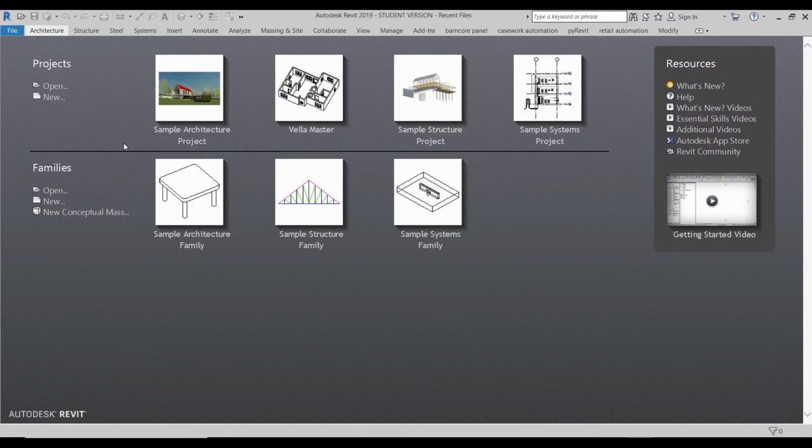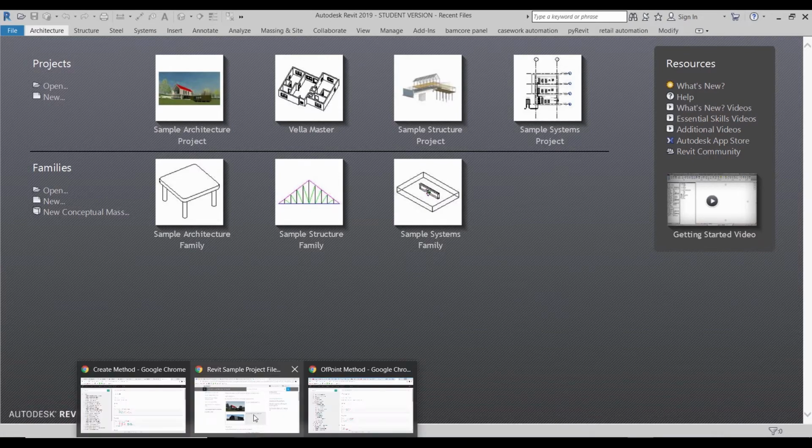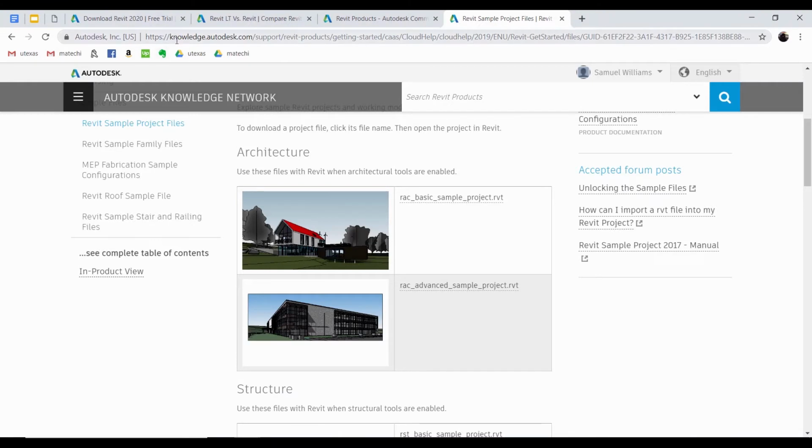For us, we will actually work with one of the default sample projects. I would recommend going to the website to install it. We can provide this link for you. And right now we're going to work on the RAC, which is Revit Architecture Basic Sample Project. There's also an advanced sample project, which I definitely encourage you to go in and take a look at. And of course, if this is not on this site, we'll also provide the link ourselves in the download